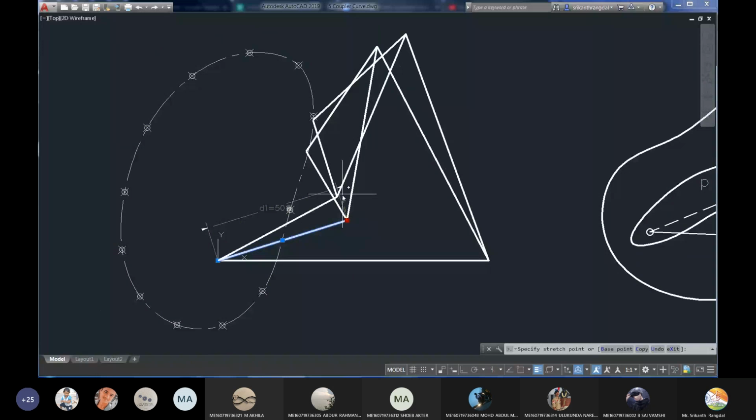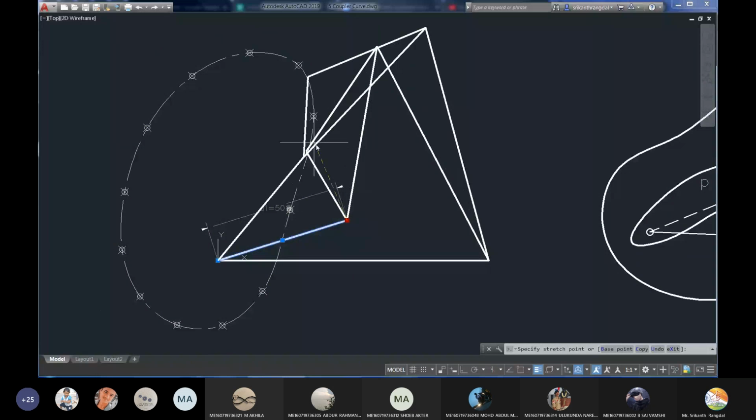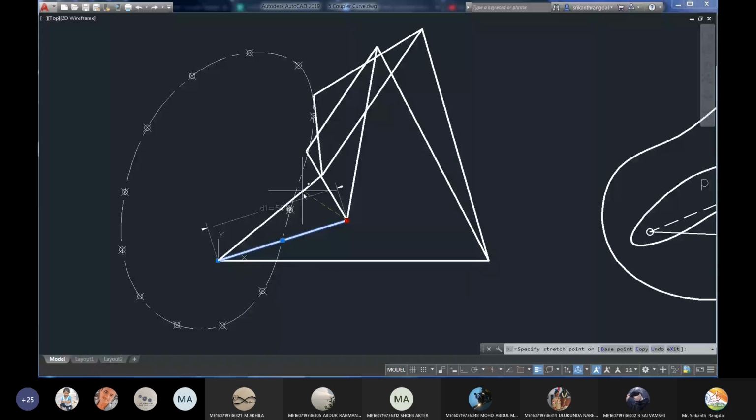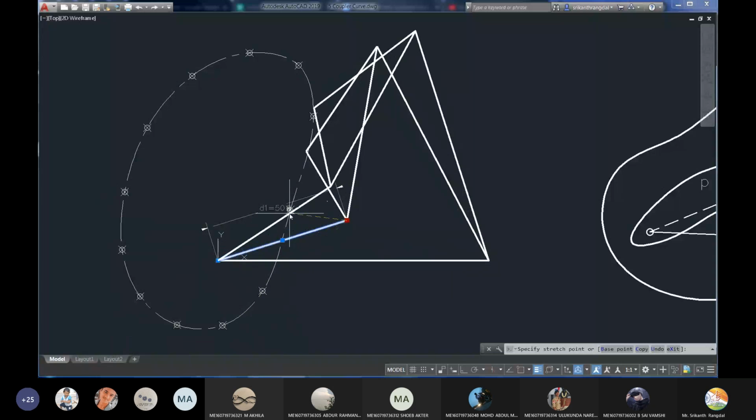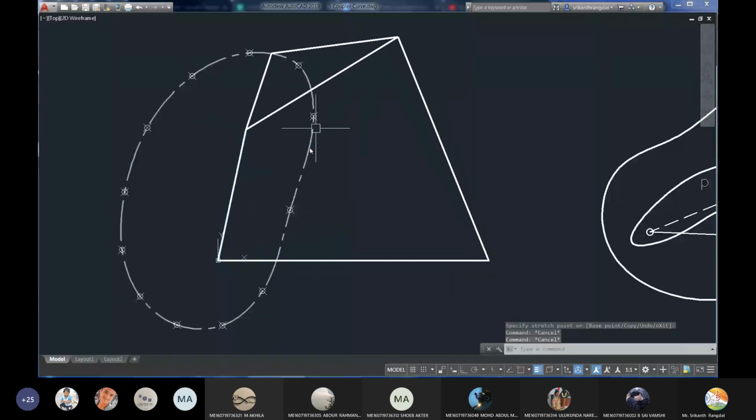Yes, sir. Okay. So this is how you can generate the coupler curve without knowing what the mechanism is looking at. Before making the mechanism itself, if you know the dimensions of all the linkages, you will be able to find out the coupler curve path followed by that point.